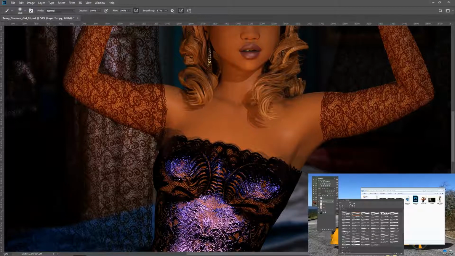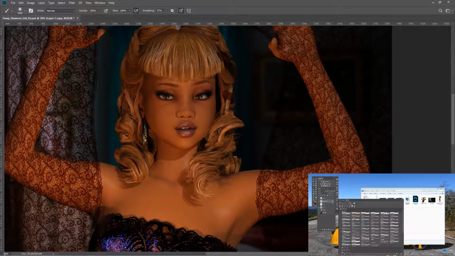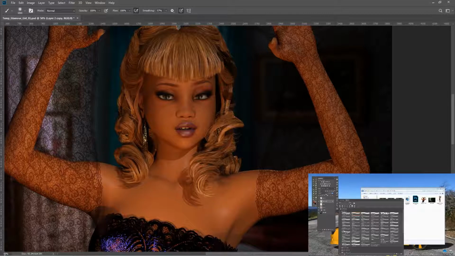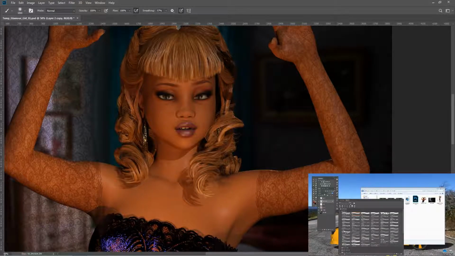And we're going to go a little bit bigger. And what I want to do now is reduce the opacity where it kind of matches the shadow on her neck and the shadow from her hair. And that's looking pretty close. And again,